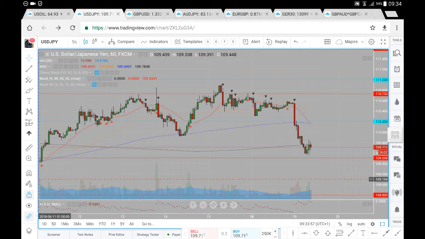So this US dollar Japanese yen analysis for Tuesday 19th of June. Now let's have a look at prices and where prices may likely go. So we've seen these prices head towards this 110.73. We've got the resistance in around